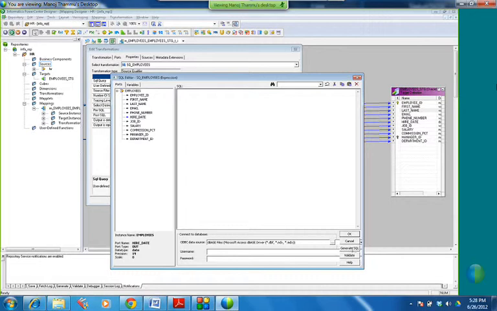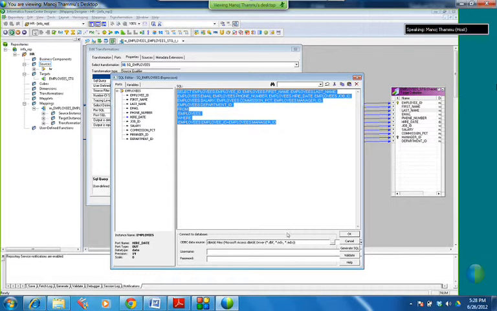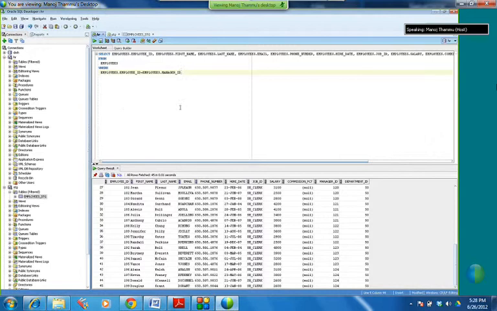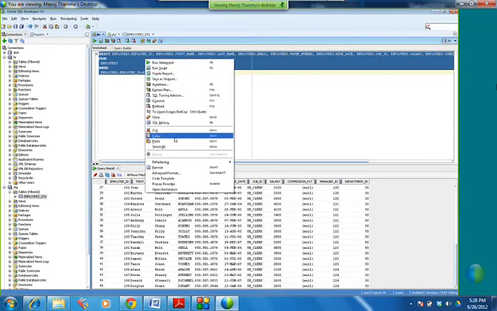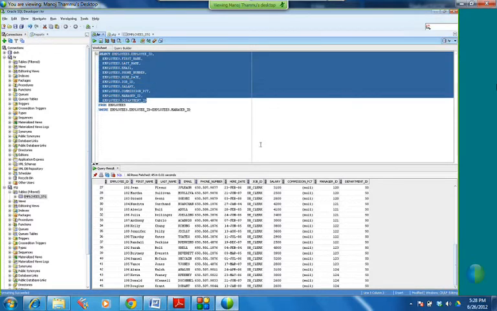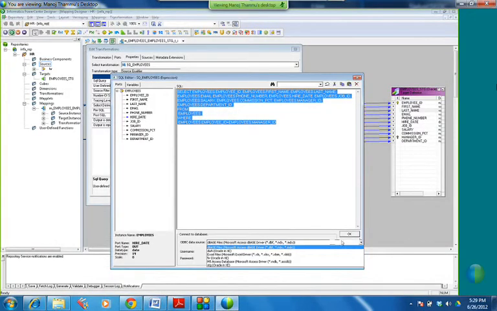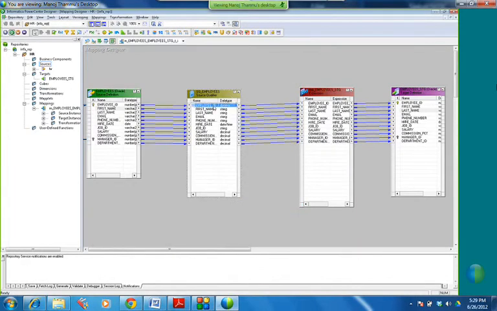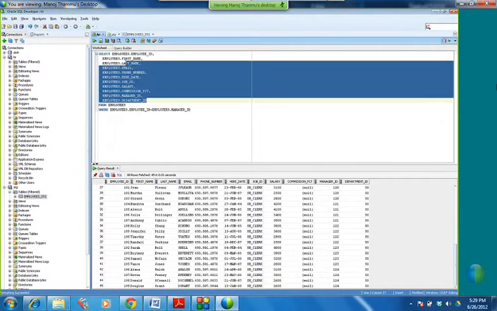So what should I do? I have to generate. Click on generate SQL file, and it will generate an SQL file. Copy this SQL, go to the SQL Developer, paste it, and arrange it. Format. So what did it give? It gave us the employee ID, first name, last name, all the fields from the source qualifier, right guys? It gave this query for all these fields, from employee ID till department ID, right?